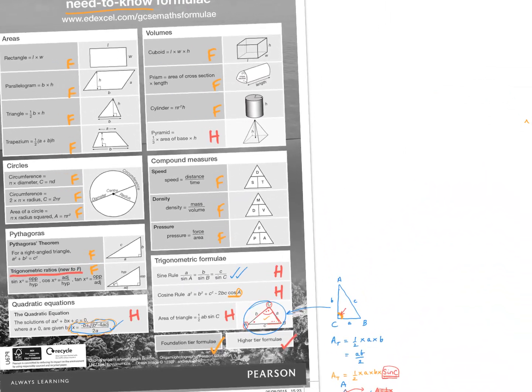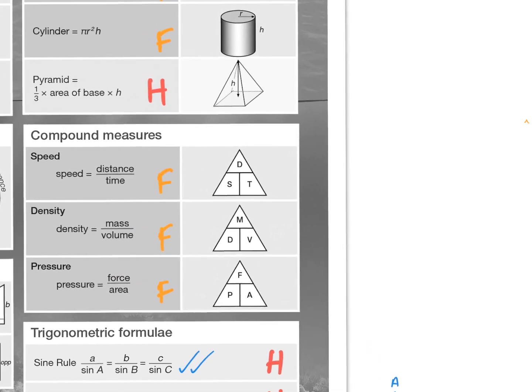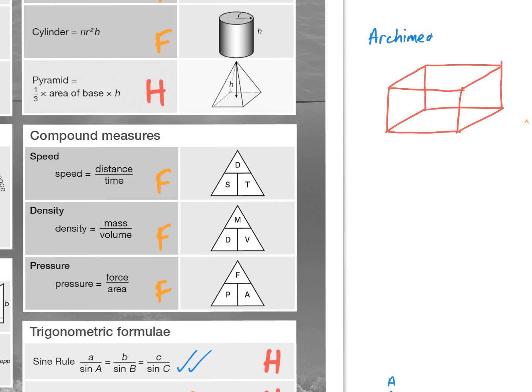In fact, the last one that higher students are expected to know, as opposed to the foundation ones, which you're supposed to know as well. So for the higher ones, let's have a look at what a cuboid would look like. So that would be the cuboid, and if I just draw that out, it's best to do two rectangles and then just join up the points. Apparently Archimedes worked this out, and that is that if you take a base like so, and then a point on the very top, which reaches the very top, join all these points up,